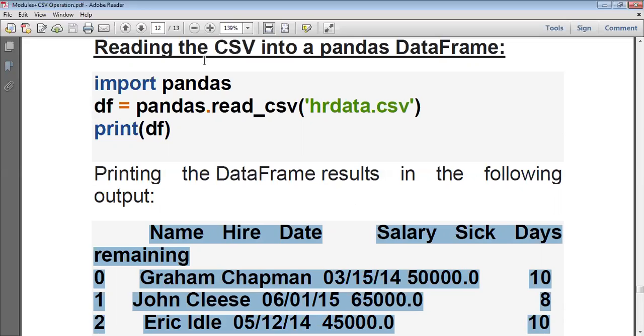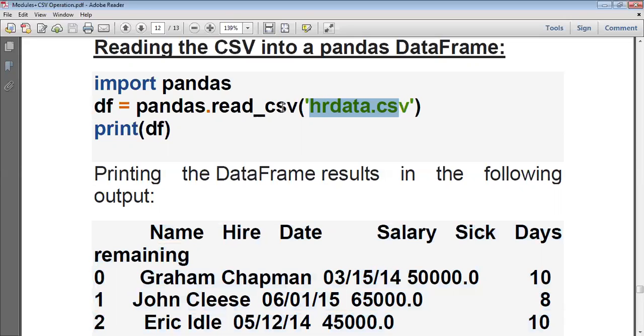So just read the CSV file and store it into the data frame. I have to check whether it is stored properly or not. How do we check it? If I print this variable and the content is there, then I know that the data is read correctly without any error. So this is a simple way of reading the content of a CSV file with the help of pandas.